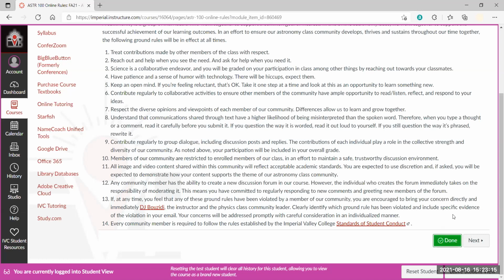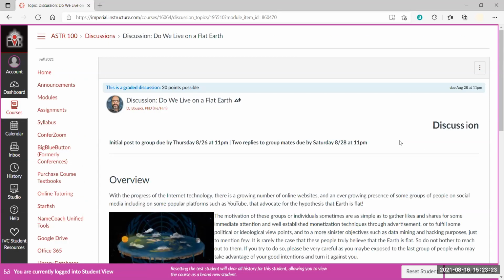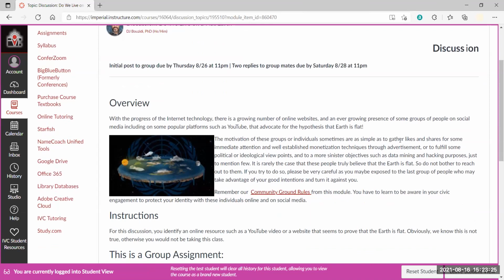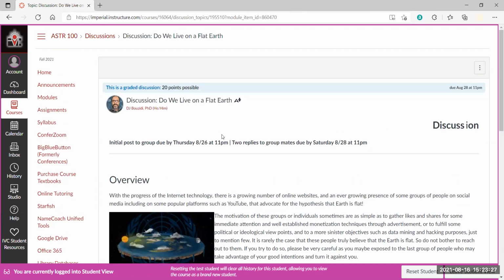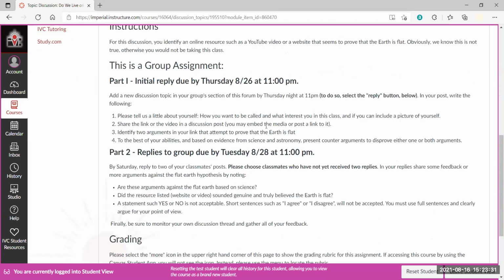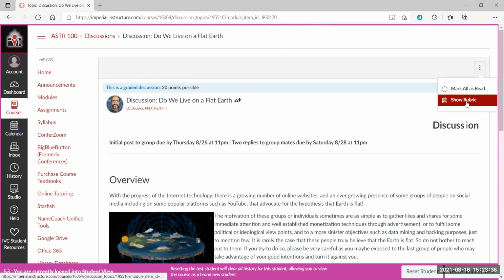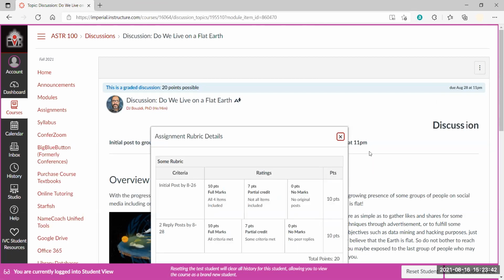So if I mark it done now, it says I'm done. I can move to the next assignment. Now it's opened. I can see what's going on in the next assignment, which is this discussion. It has 20 points, man. It's a lot of things. How do I know it's 20 points? Well, if I click in here, I can see there is a rubric in here. I don't need to read all of this. I'm going to show rubric.